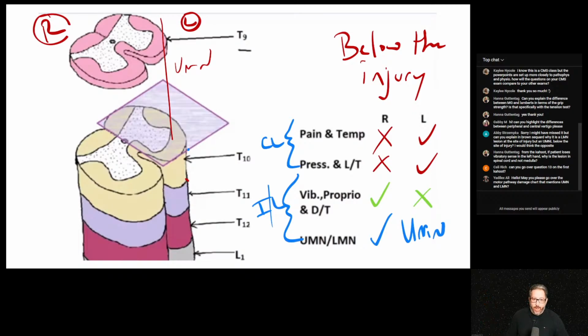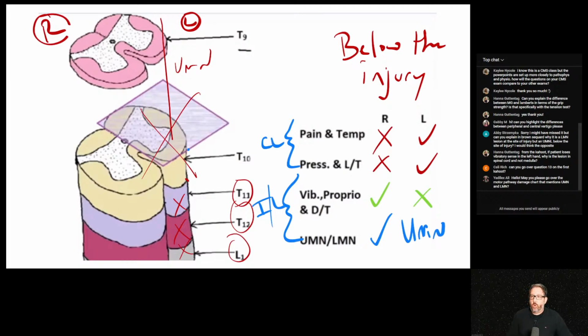However, because we obliterated T10, that upper motor neuron gets cut, and everything below it loses the upper motor neuron. So the upper motor neuron will never hit T11, T12, L1. So it's upper motor neuron damage below the injury because you lost the upper motor neuron. The connection's gone. It's been severed. So you lose it, and that's it. So I hope that answered your question regarding